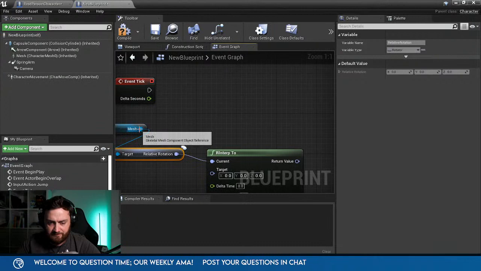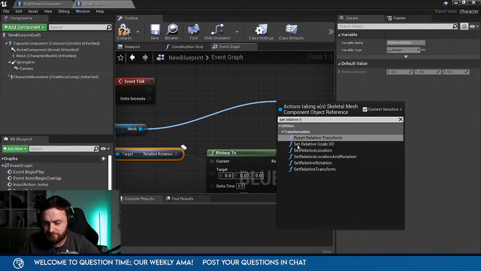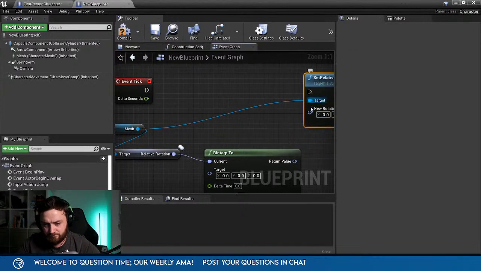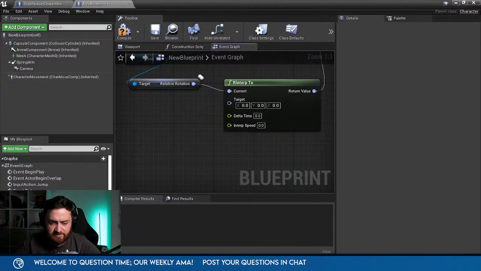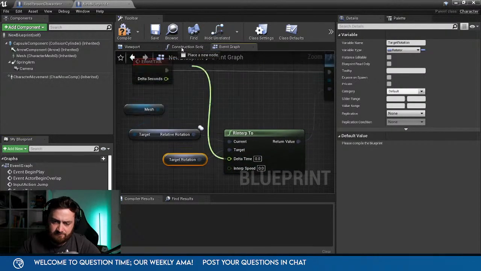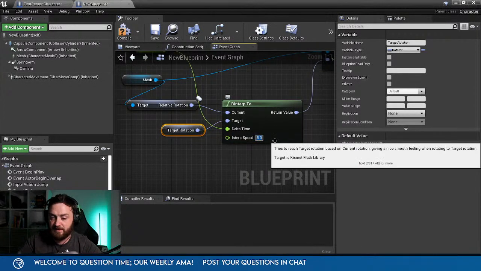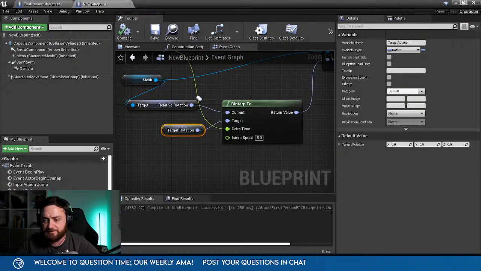And for the turn, we're going to do set relative rotation. That target will be target rotation. Total time, plug into there. Interp speed, we'll put in 5 for now, and up and down.